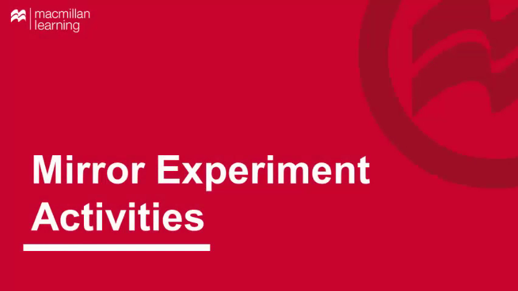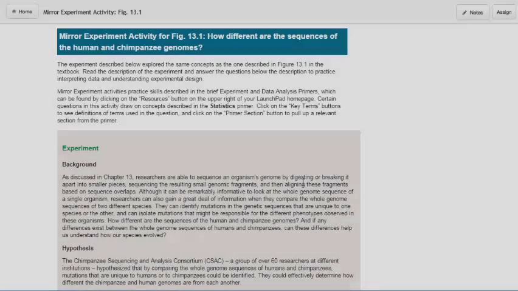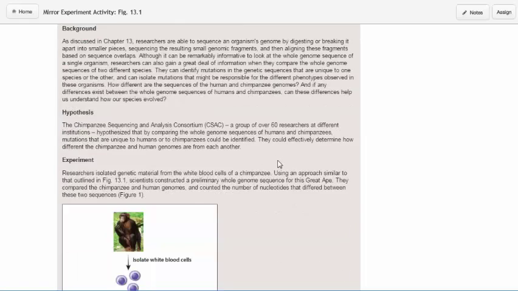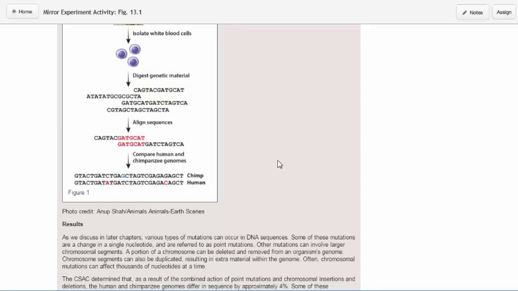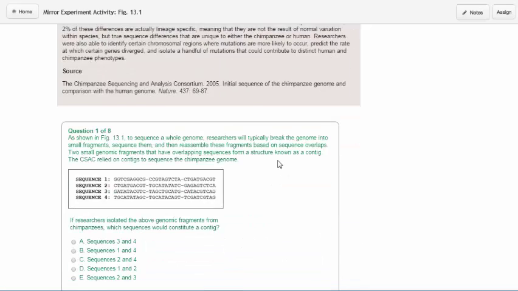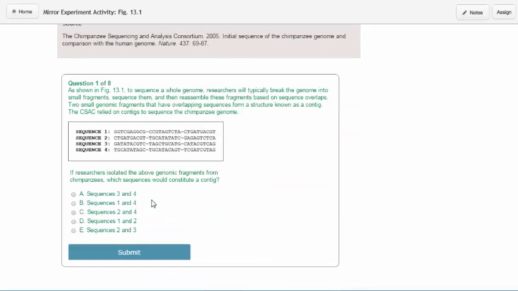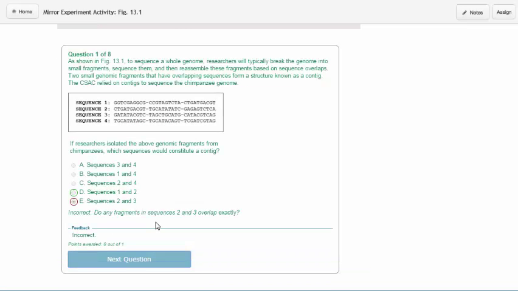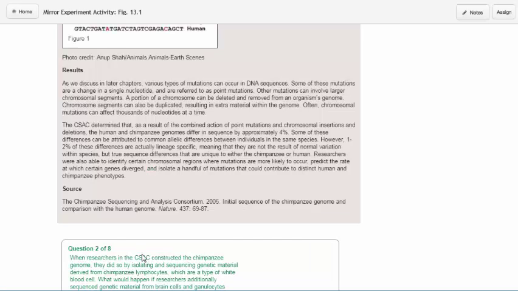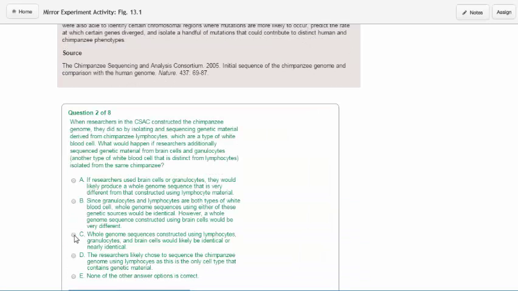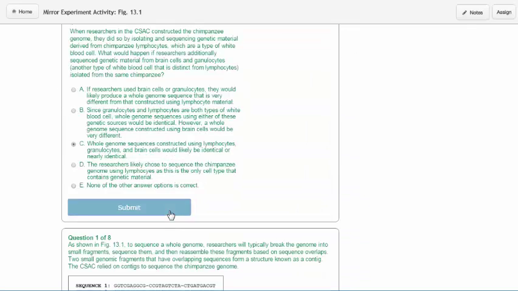In mirror experiment activities, students are presented with a new experiment that explores a concept similar or related to working with data figures in the text. Students will read the description of the experiment and be guided through applying their knowledge of the experimental process to critically think through new results that they have not seen before. Both experimental activities link to documents on experimental techniques that provide students with key information that they might need to